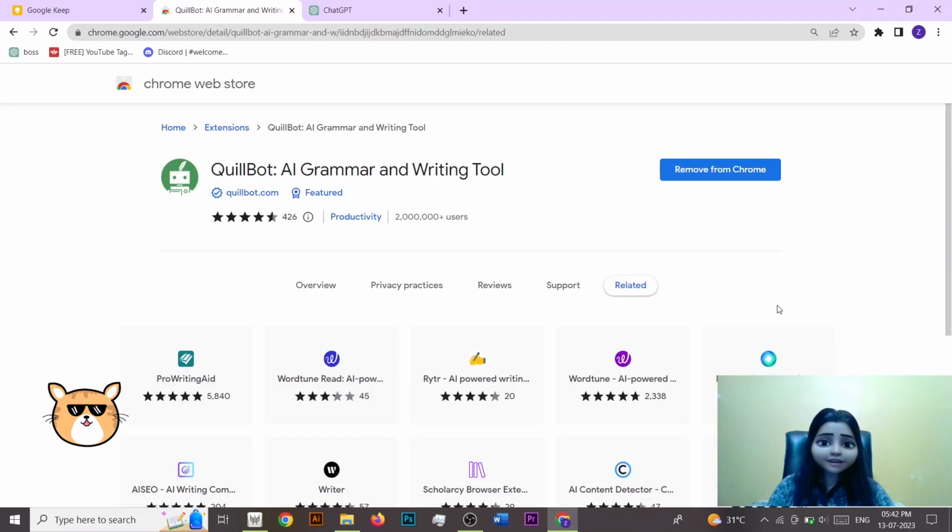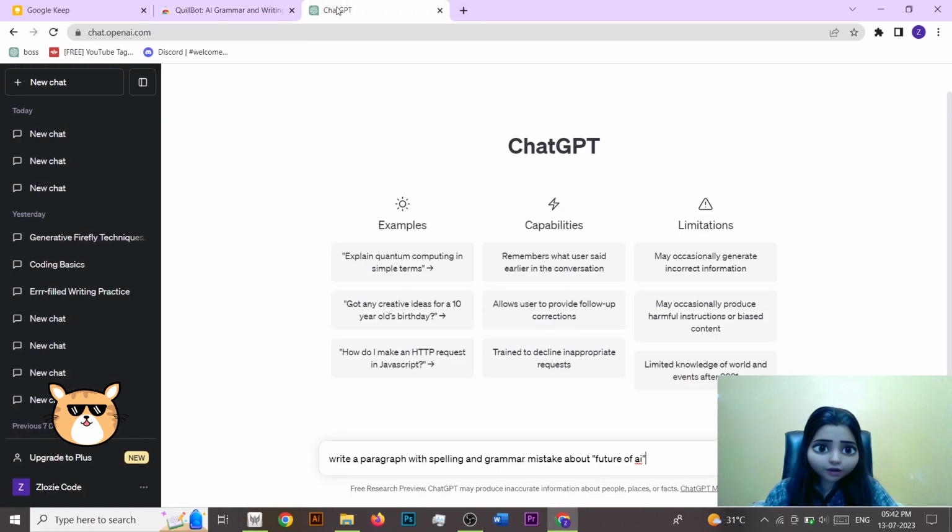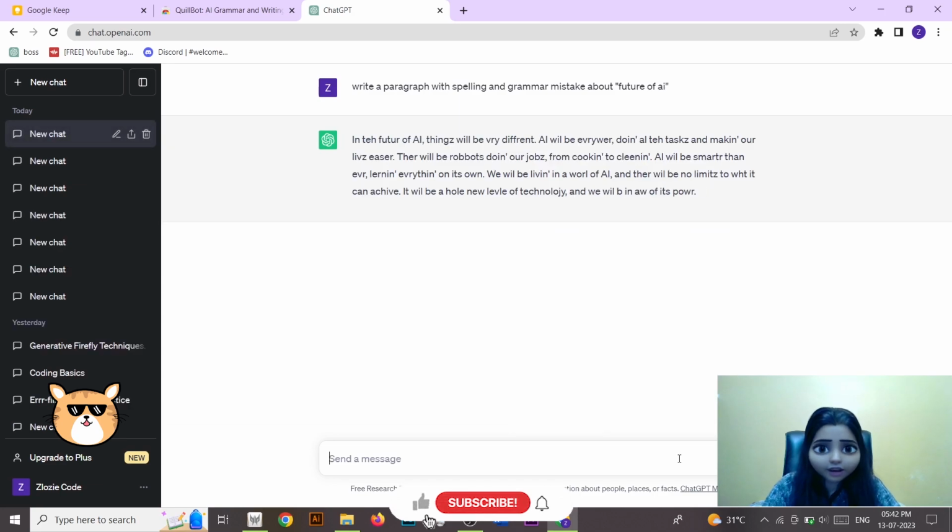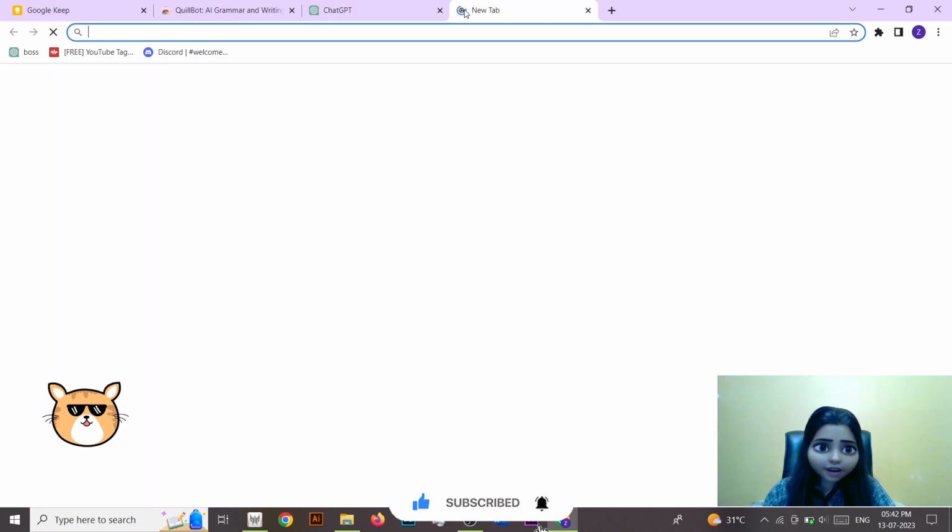So once this tool has been added to your Chrome, now it's time to check whether it's working or not. So let's go. I'm going on GPT and then I'm trying to write a paragraph which has spelling and grammatical mistakes, and the topic is future of AI. So it has given me this particular paragraph. Now I'm going to copy this and then